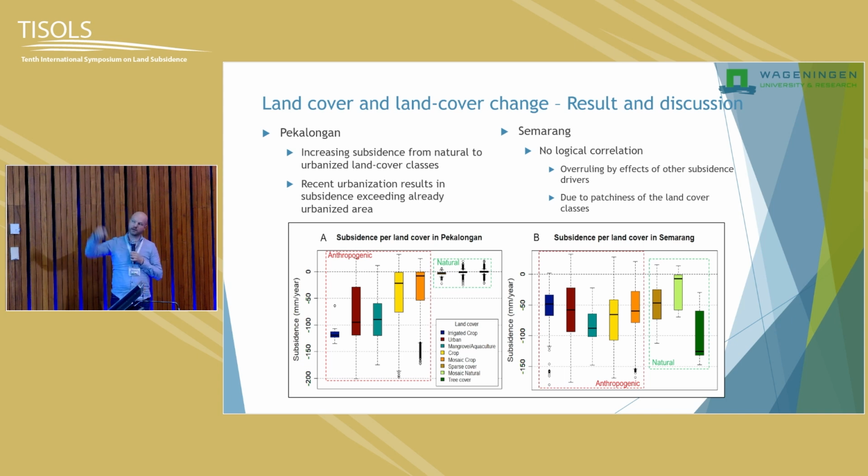And in Semarang, there's really this mixture between these classes, and therefore I think it's on a small spatial scale, while the main driver of this land subsidence here is extraction of groundwater happening at a bigger spatial scale. So you may extract from one point, right? You have a shrimp farmer somewhere, but of course the impact of that extraction may span out for a whole radius around that single farm that also may affect your natural land use classes there. So we haven't looked at specific benchmarks in different classes, but we were pretty confident that this analysis is